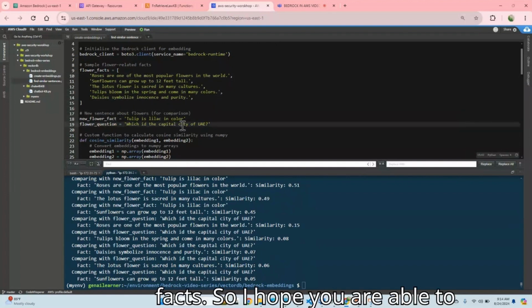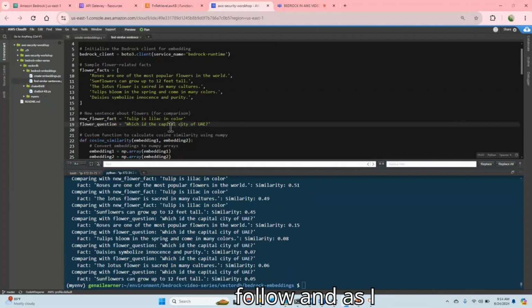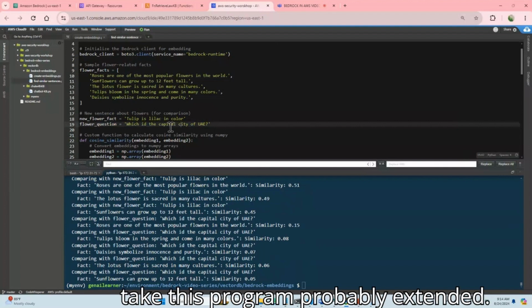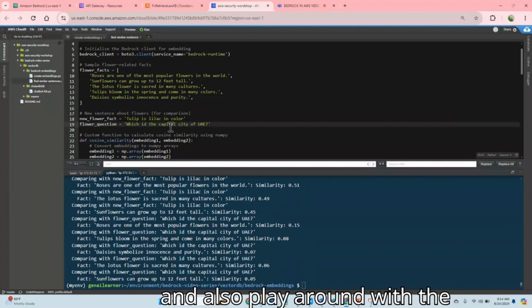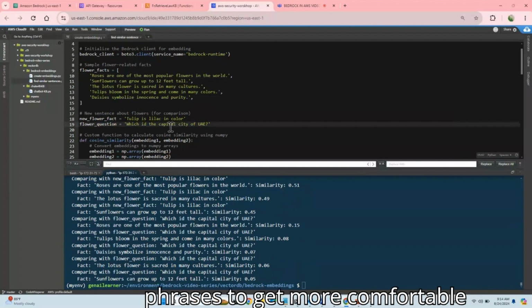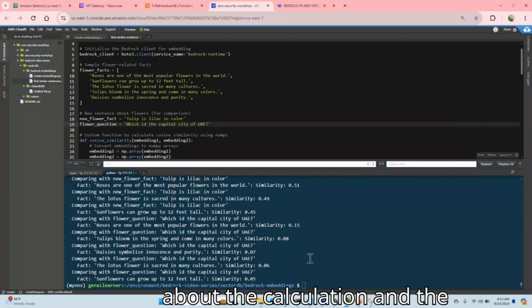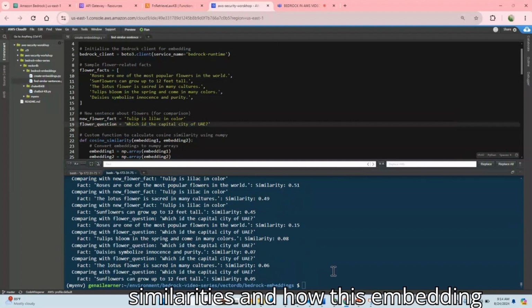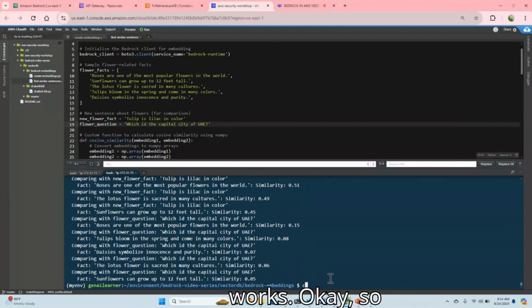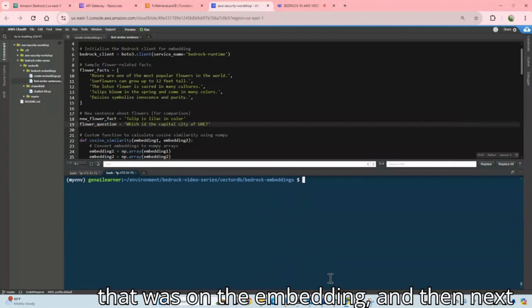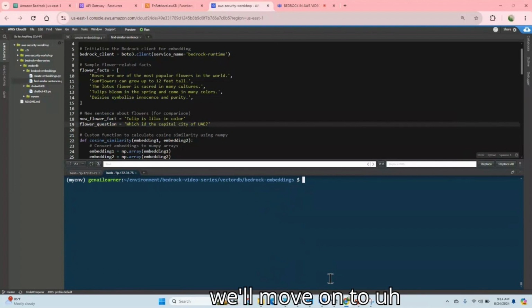So I hope you are able to follow, and as I said, you can also take this program, probably extend it, and play around with the phrases to get more comfortable with the calculation, the similarities, and how this embedding works. Okay, so that was on the embedding, and then next we'll move on to